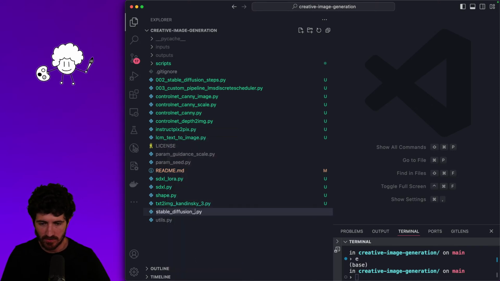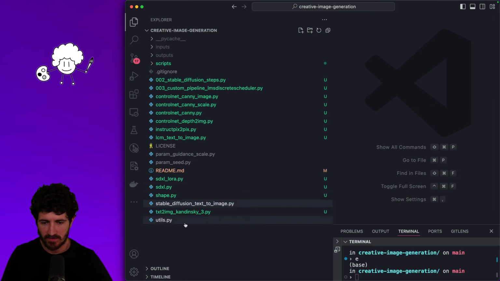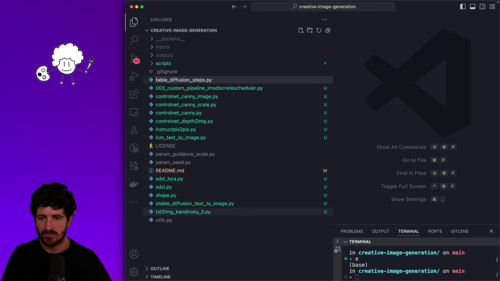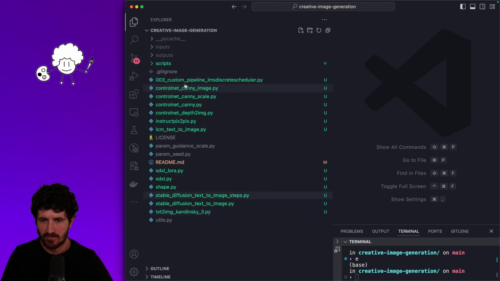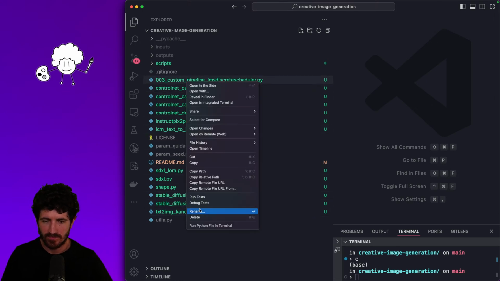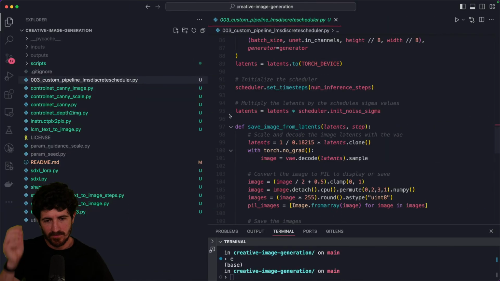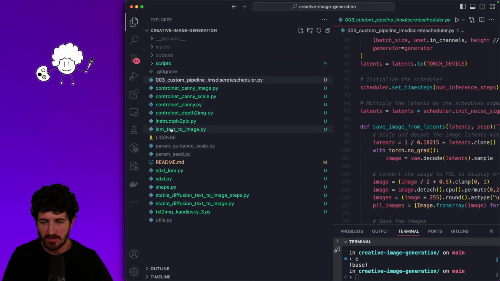Stable Diffusion, text to image. Maybe that's the way to go. Yeah, I'm not really sure what the best way is, but